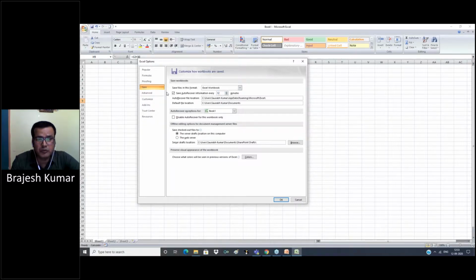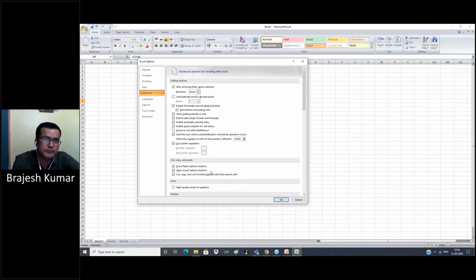Sometimes we work on a heavy file and by mistake, without saving, the Excel file can hang or close. So this option is mainly used for that, so that every 10, 12, or 20 minutes, your information entered in the Excel sheet is automatically saved. This option is for the path where it saves.